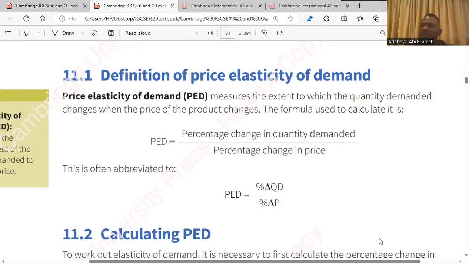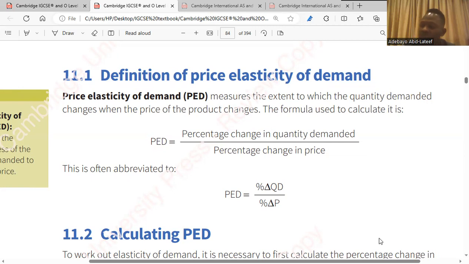So we have the formula: percentage change in the quantity demanded over percentage change in price. A derivative for this formula is Q2 minus Q1 over Q1 divided by P2 minus P1 over P1. What I mean is this. For price elasticity, we say PED equals percentage change in quantity demanded over percentage change in price, right? Yes. All right, so PED equals Q2 minus Q1 over Q1 divided by P2 minus P1